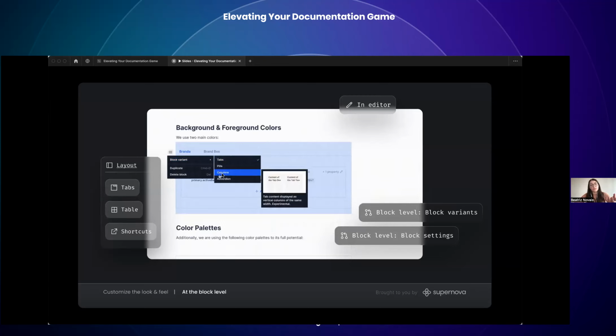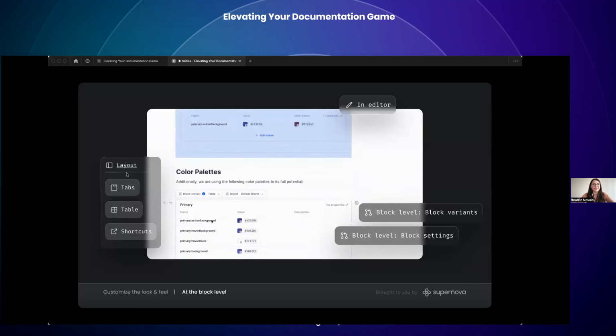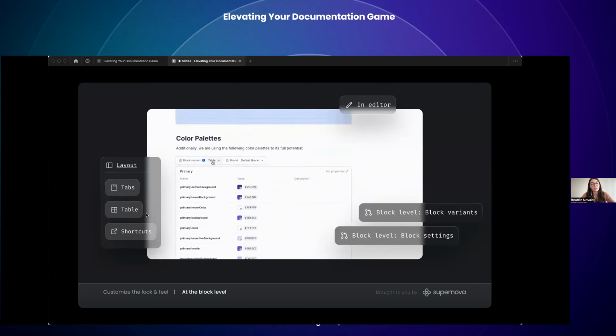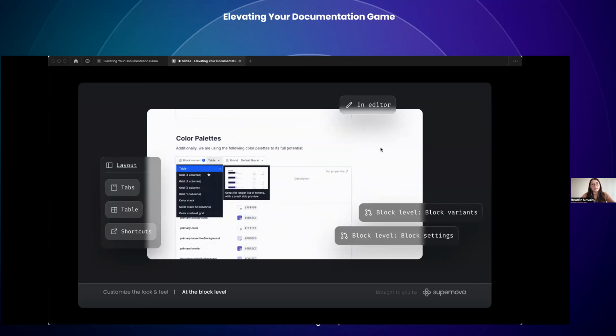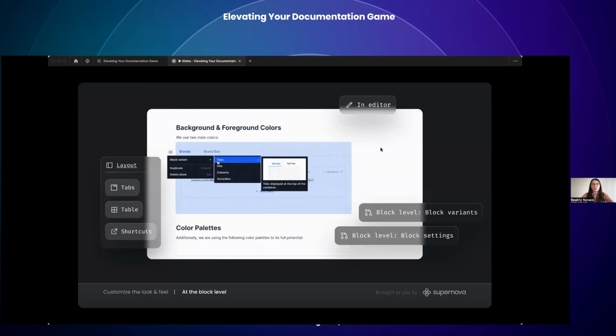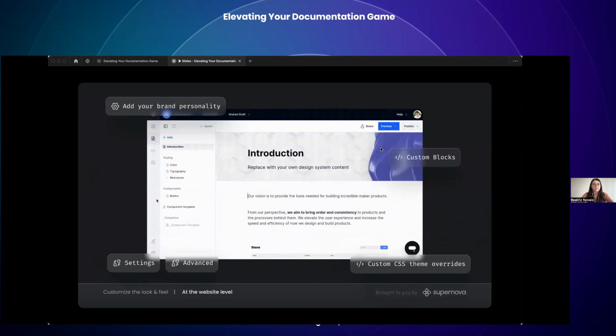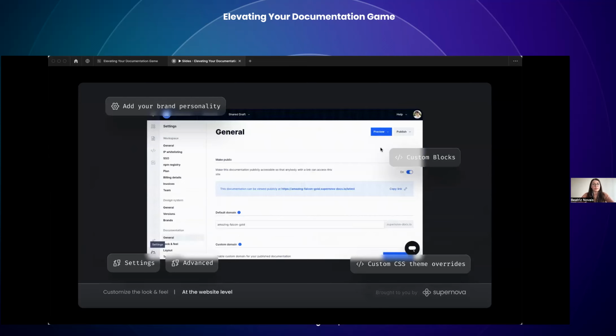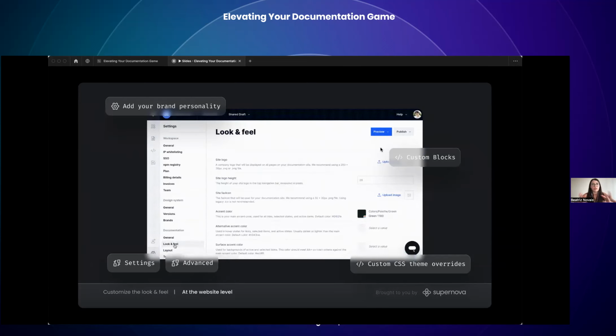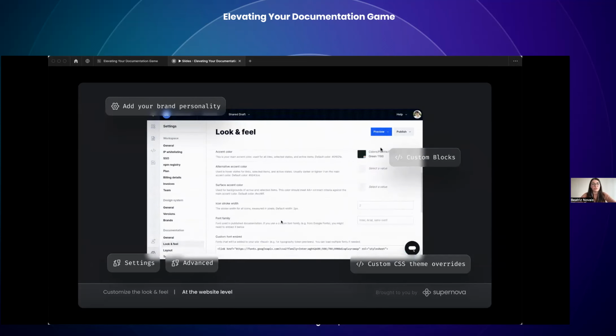You can also do this with layout components, blocks like tabs and tables, for example. And these are some of the options we offer you. Most of the blocks, especially the design system focus blocks, have block variants for you to choose from. You can also add, like I mentioned, throughout the settings, you can customize the whole look and feel of your